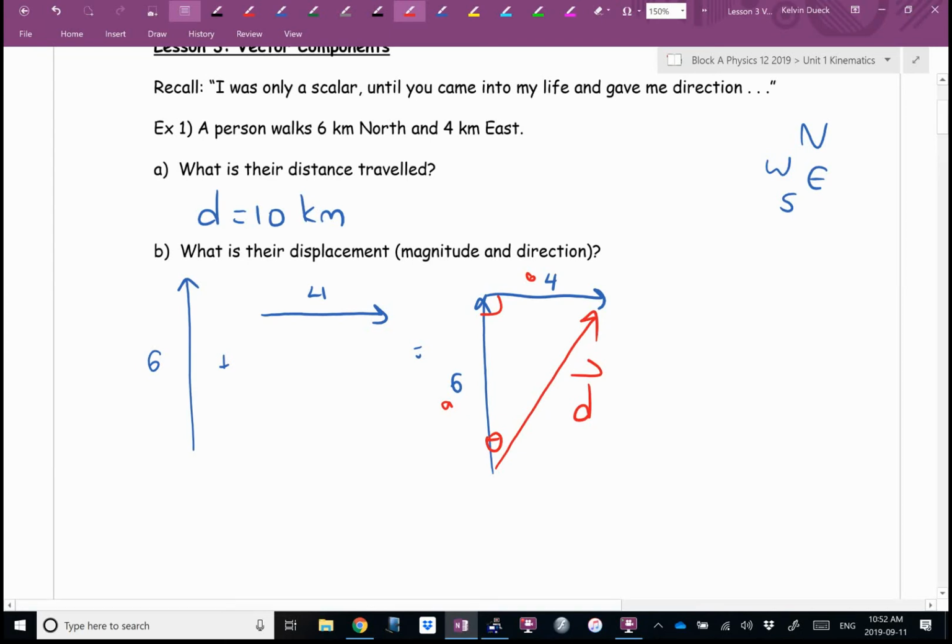On a test, I would show more work. I would probably write out at least one line of Pythagoras. I'd probably write out the trig function. But if you're asking me if I'm in a rush,